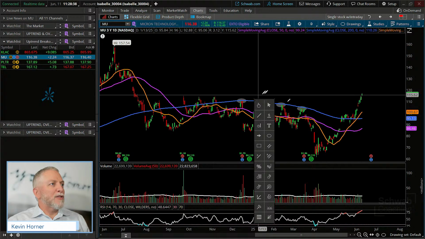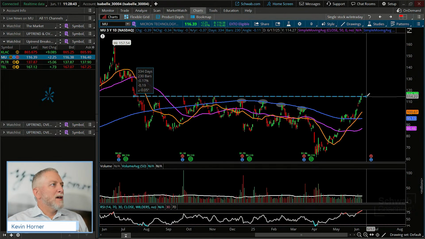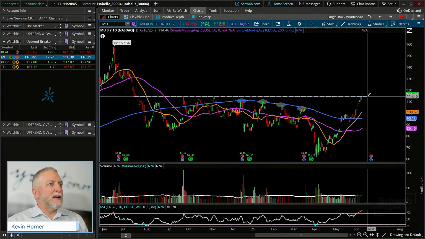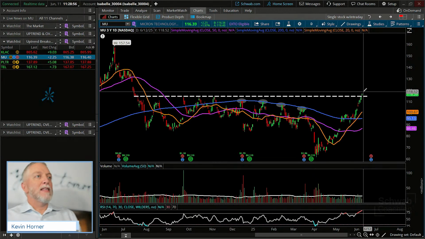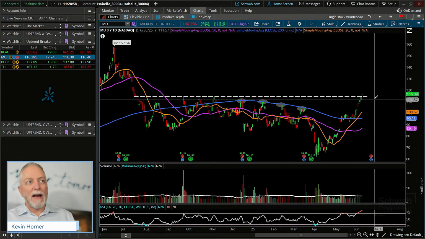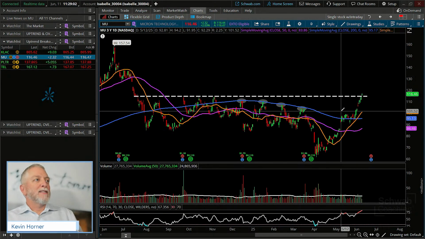We did need to get through horizontal resistance here. And this is kind of notable because this means we have now pushed Micron to the highest we have seen since last July. So you're looking at a 10-month high there, everybody. That might be notable. Some traders might get started on something like this. And I say get started because they're probably not thinking about a full position.